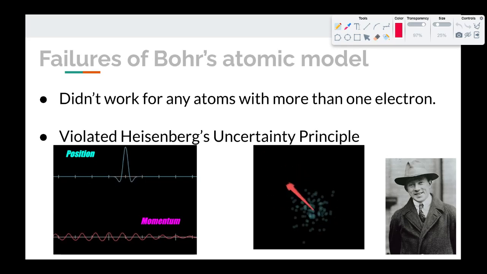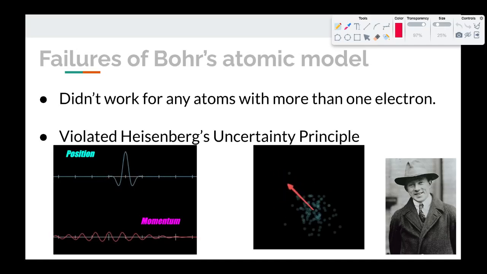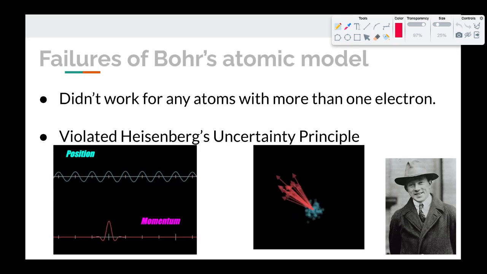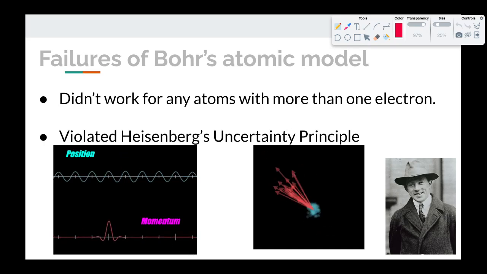Now, this is a general, kind of hand-wavy, not very precise statement of the uncertainty principle. And if you take a quantum mechanics class in college, you will learn this much better. But I think this is a way for us to sort of wrap our brain around what the uncertainty principle is and why Bohr's model, which is saying you do know the momentum and the position at the same time, couldn't match this once Heisenberg's uncertainty principle became understood.